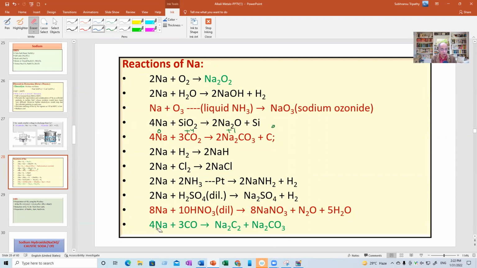Now, this is another important reaction with carbon monoxide. Carbon monoxide doesn't reduce to carbon. It is further reduced to carbide, where carbon has an oxidation number of -1. This is acetylide. There is a triple bond here, C2 2-, so carbon is -1. Acetylide, that kind of carbide. So it is not reduced like this. Here it is reduced to 0, but here it is reduced to -1. Sodium, as usual, 0 to +1. Carbon from +2 to -1 in sodium acetylide. So this is an important reaction you must remember